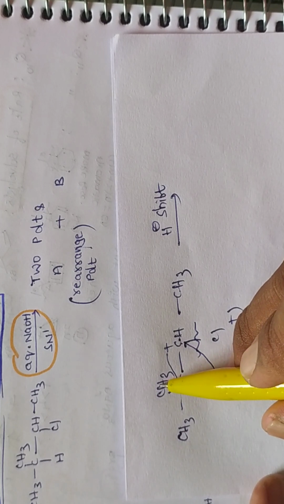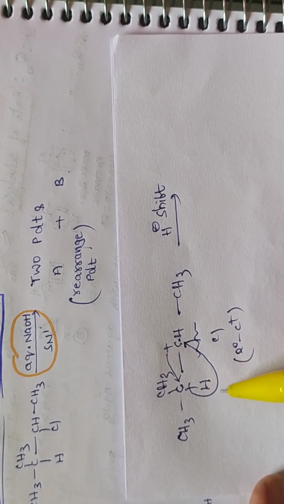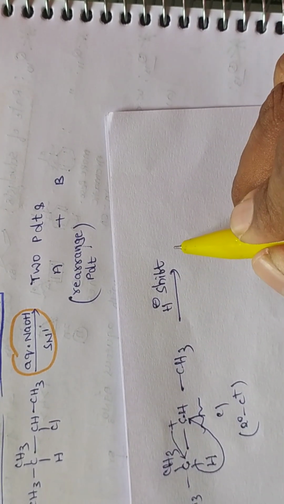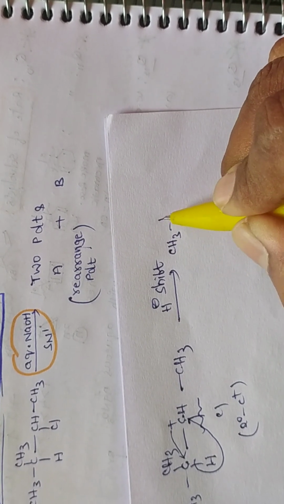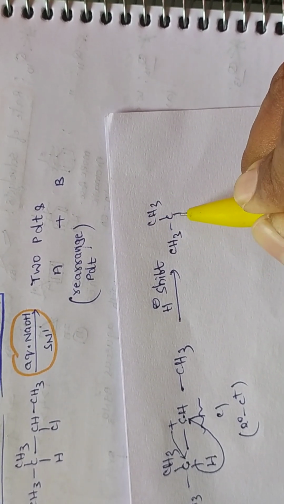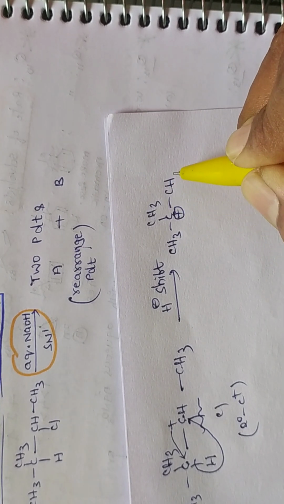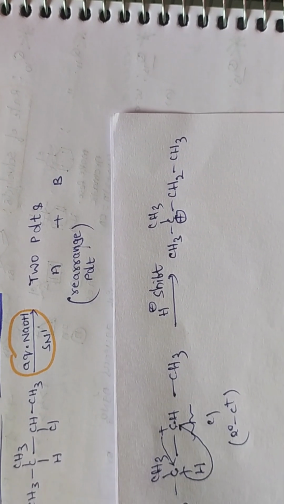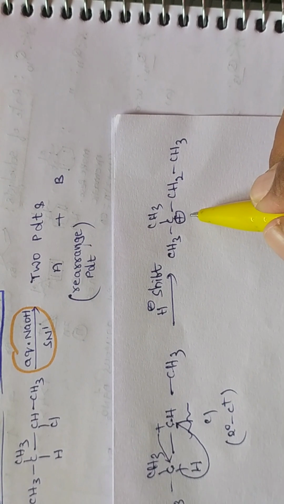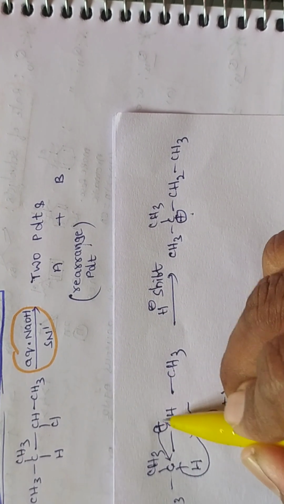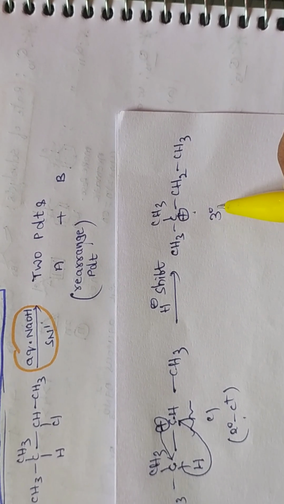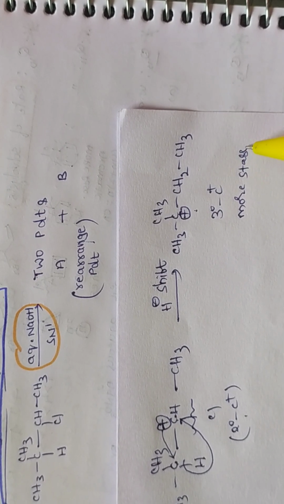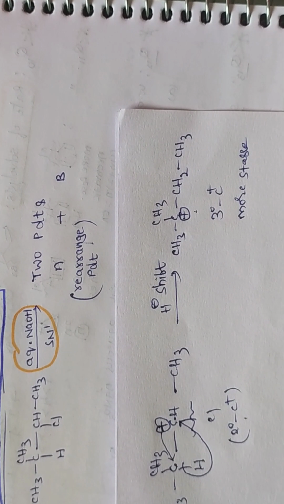Here hydrogen is there, methyl is there. Hydrogen is smaller in size, so shifting is easier when compared to the methyl group. So therefore a hydride shift is faster than a methyl shift. So therefore we are going to get a 3 degree carbocation. Next one is the attack of the nucleophile. Now this is the stable carbocation. Now this is a 2 degree carbocation. Here a 3 degree carbocation is formed. Which is more stable? The 3 degree carbocation is more stable compared to the 2 degree carbocation.